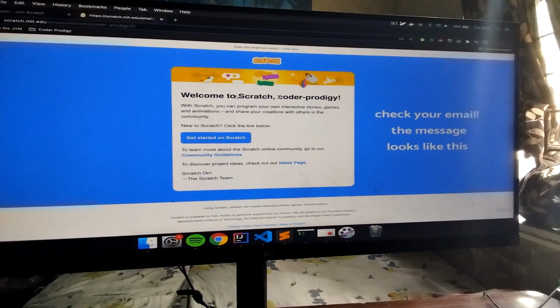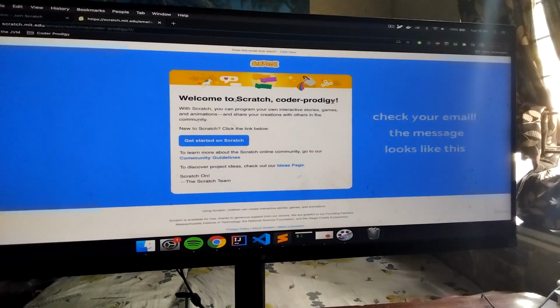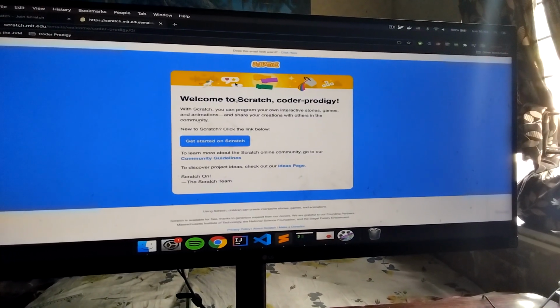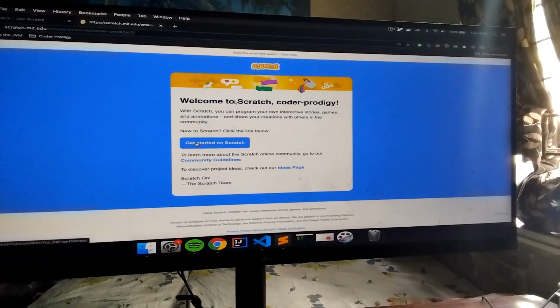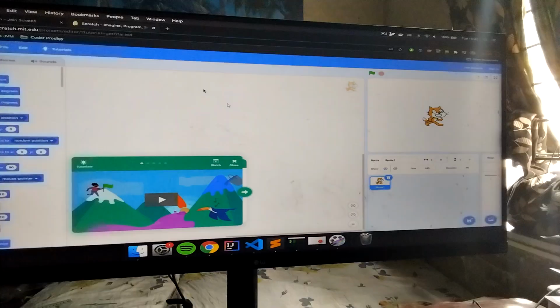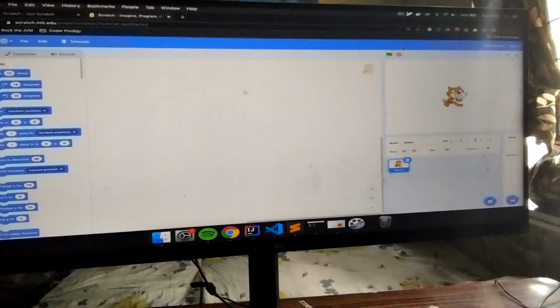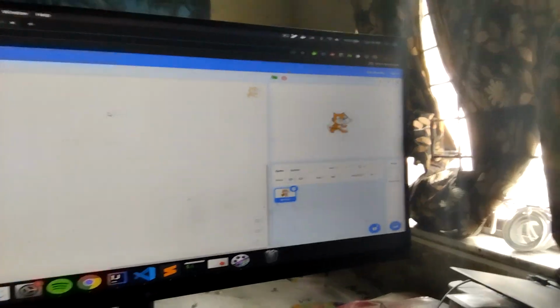Welcome to Scratch, and then they will use your new nickname or username that you will need to connect to Scratch. So all you need to do once you receive your email is to click this button, Get Started on Scratch. So click here, and then this will redirect you back to your Scratch account. Get started with Scratch. Now, right now, all you need to do is connect to your account. So you need to sign in by clicking